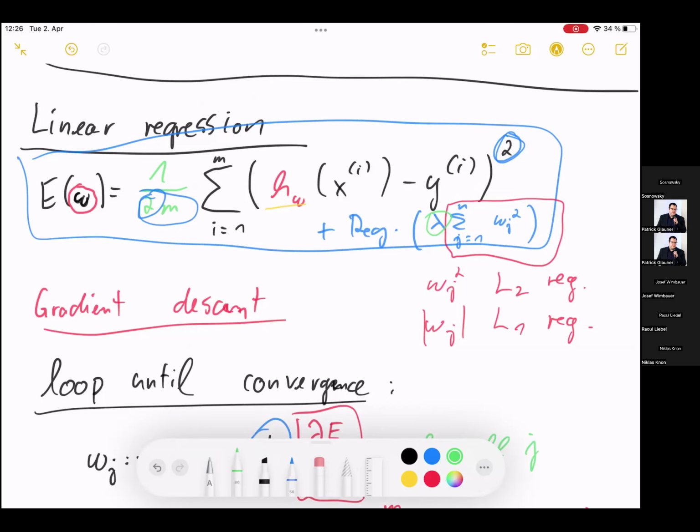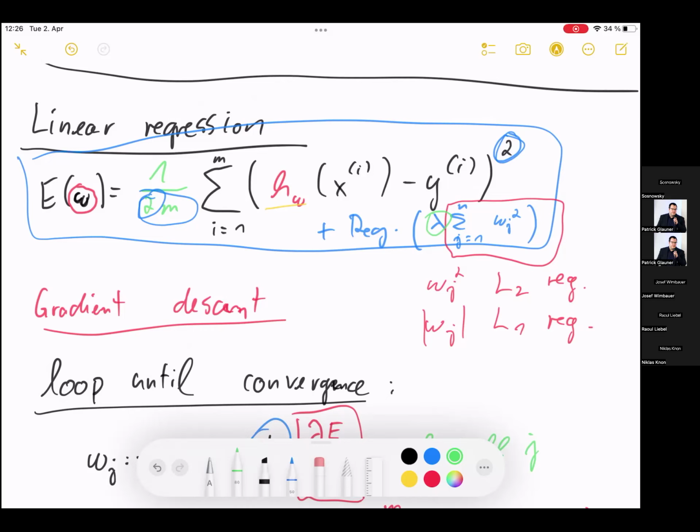And if you have large parameter values, this regularization part would get very large, and then you have a high error and you want to reduce it. And if you add it like this, typically gradient descent will also reduce your weight values, and the model will be less likely to overfit. So this is how we could address overfitting in a